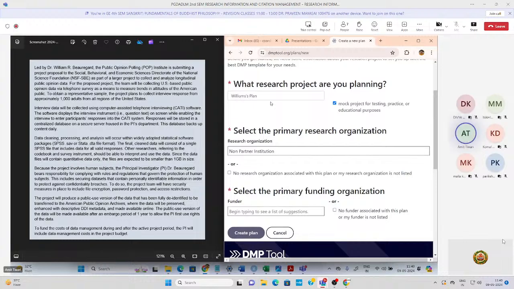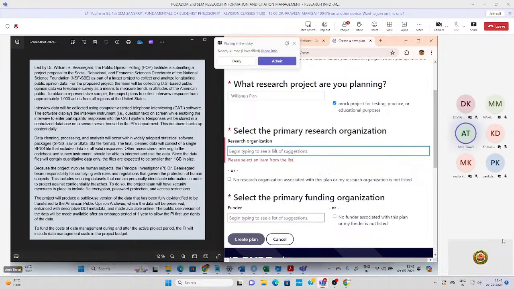So next what I have to do is select the primary research organization. Since my organization is a public opinion polling organization, you just have to search a few words here, and by default it gives you public